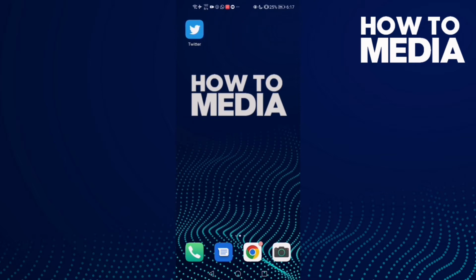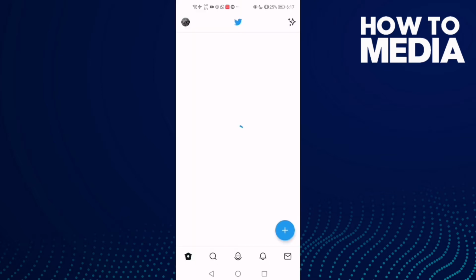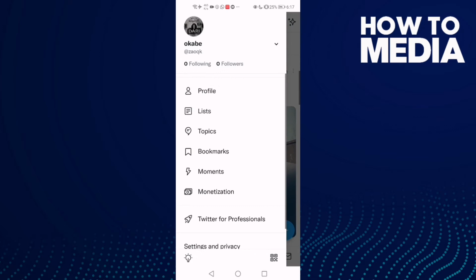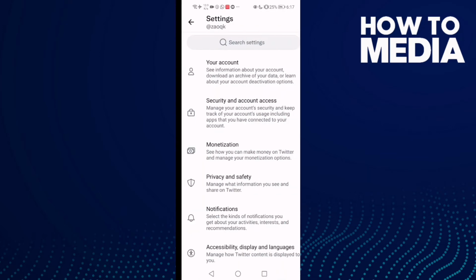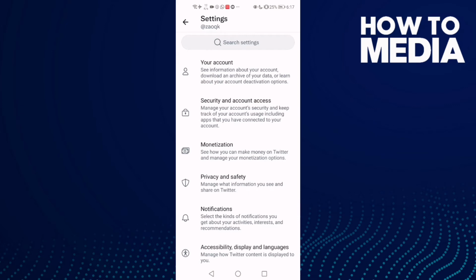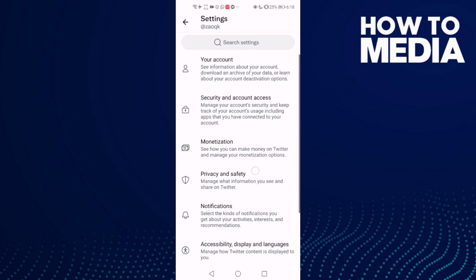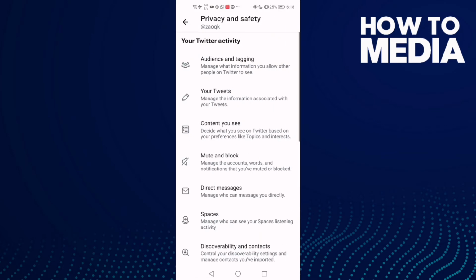First go here and then go to Twitter, and now you need to find this one, settings and privacy, and now click here, privacy and safety, click on it, and then click this one, content you see, click on it,